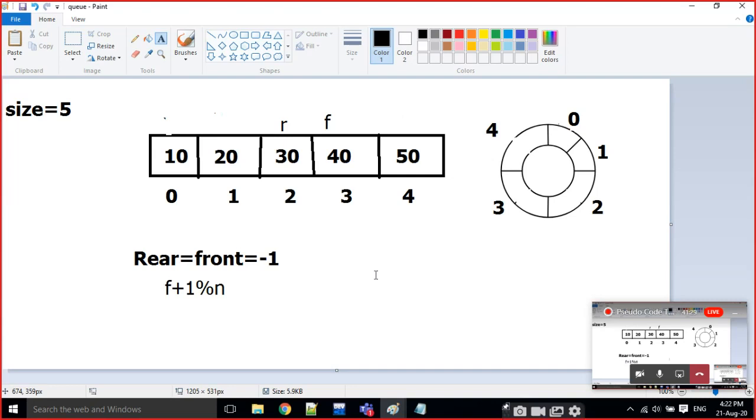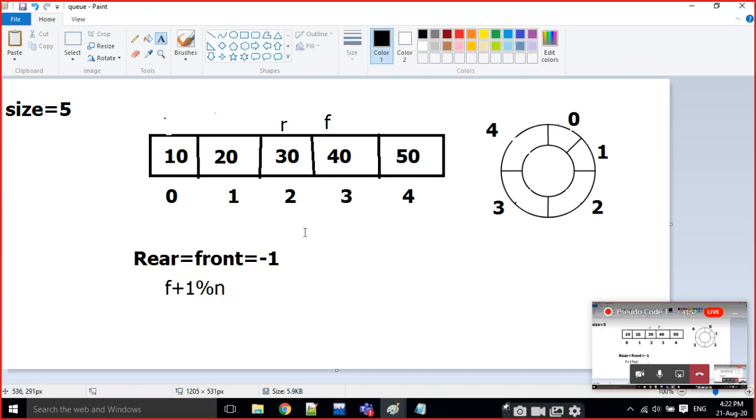Every time I delete values with f plus plus, I am going to delete 40 and 50. But with f plus plus we are not moving forward; we have to go back to the 10 and delete it. That's why instead of f plus plus every time, I am going to write f is equal to f plus 1 mod n.